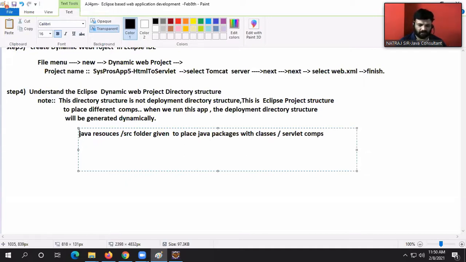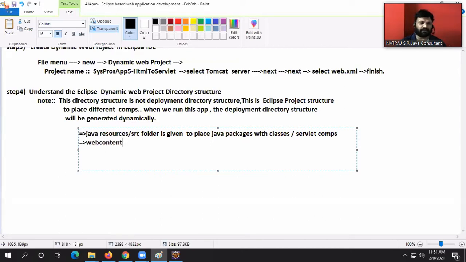Classes or servlet components. What is the next one, guys?